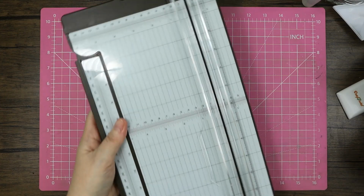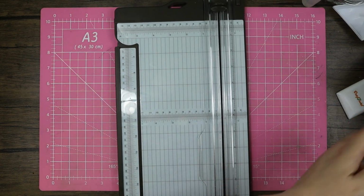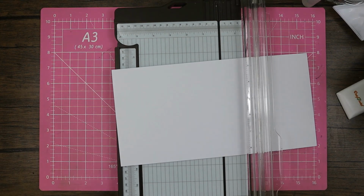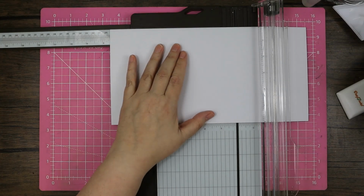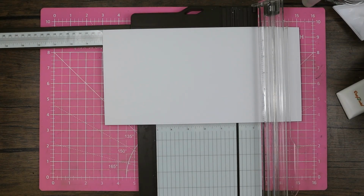So the first card I'm going to do is going to be a cutaway card. I've got a piece of 6x12 cardstock. And if I bring that arm out there, I'm going to cut this at...